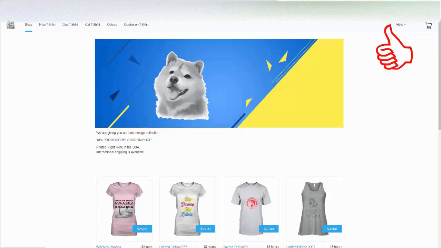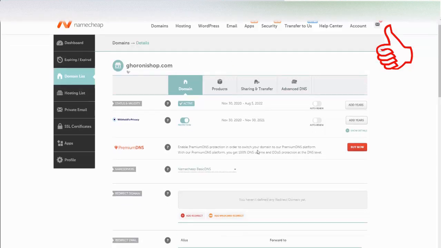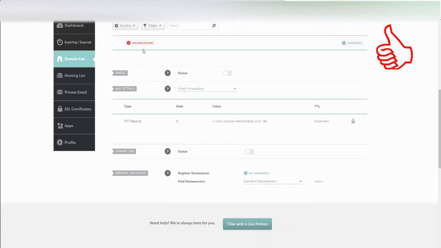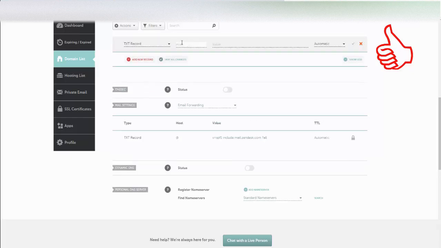I have to add the DNS record to my Namecheap account. From your domain account you have to select the domain and click on manage. Then you will get this interface, and from here you have to select Namecheap BasicDNS. You have to go to Advanced DNS, and here we have to add a record. We need a TXT record, that's why we select TXT record here, and for host we have to write